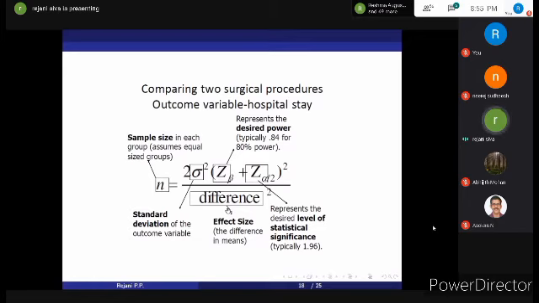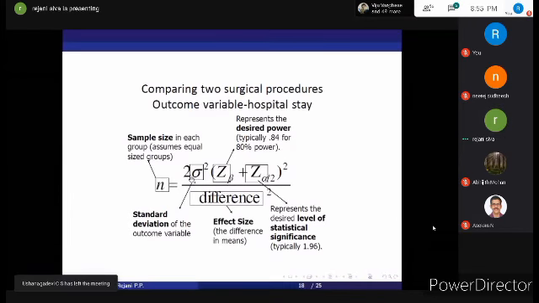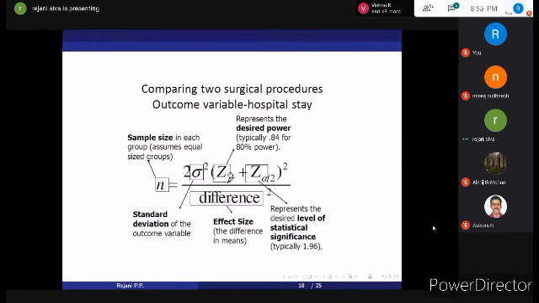Here you are comparing two surgical procedures, one traditional and the other modern, and the investigator can fix how many days of reduction is expected if the patient is adopting the modified procedure, and then how can he tell that the modified procedure is better. And here one parameter used is the standard deviation, because the outcome variable is quantitative by nature, just for explaining the terms.